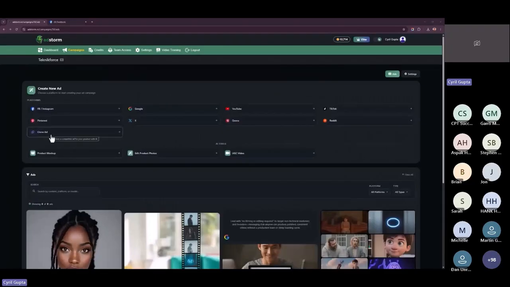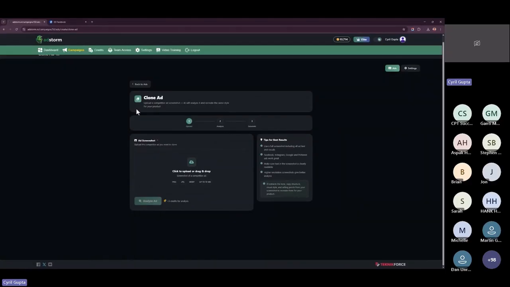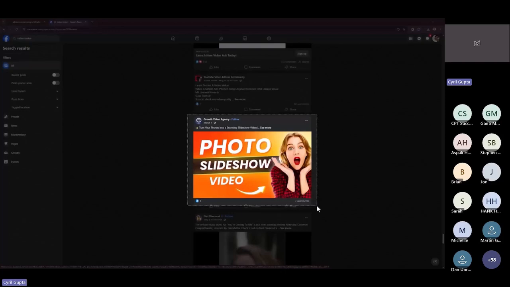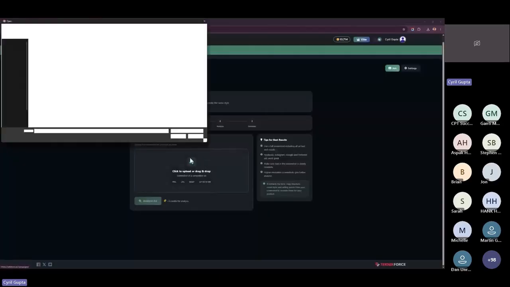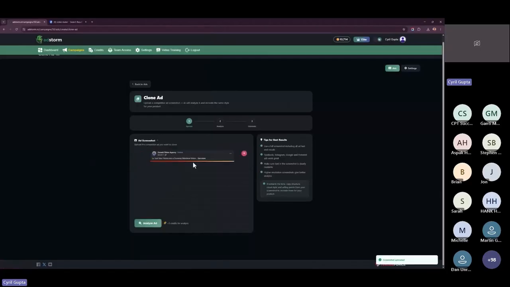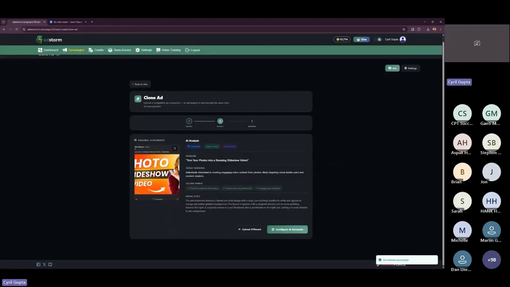Alright, now let's take a look at a cool feature, clone ads, that I told you about earlier, that lets you clone other people's ads and make your own. So I'm going to go to Facebook and find an ad that I like. How about this one? I think the screenshot's pretty good, so I will just take it. I'll capture this part and now it's somewhere on my computer, so let me just get it. Alright, so come back to Adstorm and I can just upload it like this, and Adstorm will analyze it. Click on analyze and it's going to analyze it and create an ad for you that is just like this.